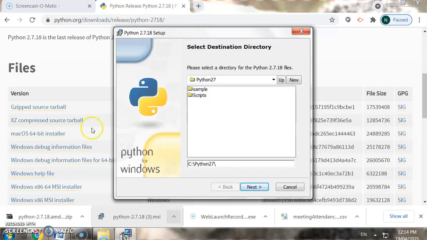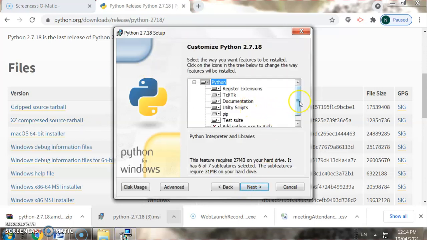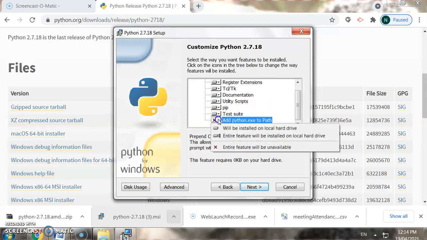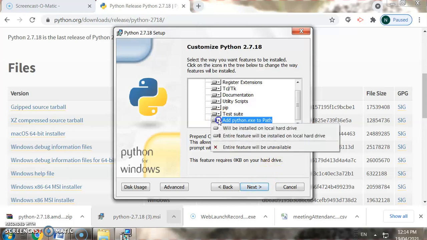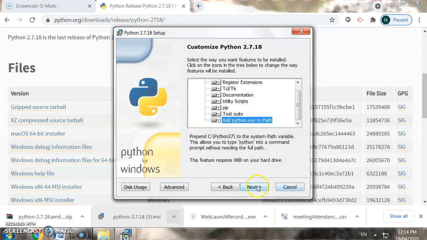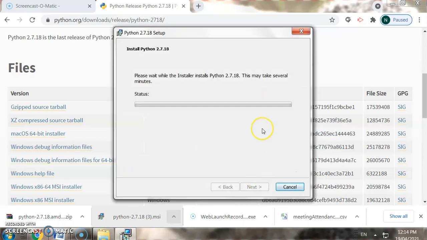Okay, select, okay, add here the path. Or we can enter features. Okay, next. So your Python setup is going to start. The last option is for the Python environment variable setup, so select it. Okay, your path is directly going to be set.